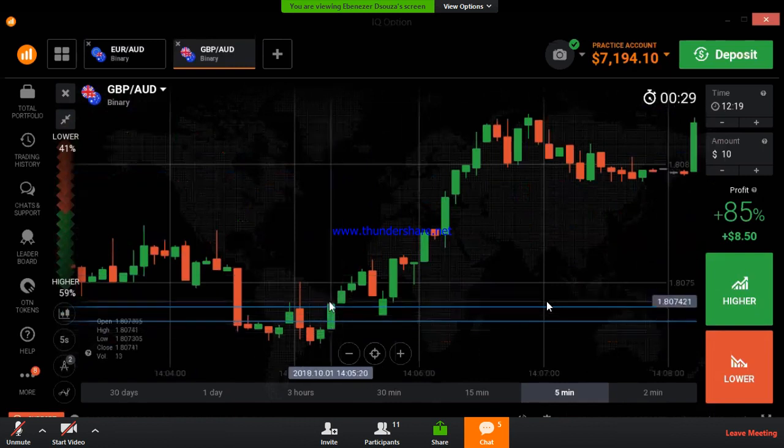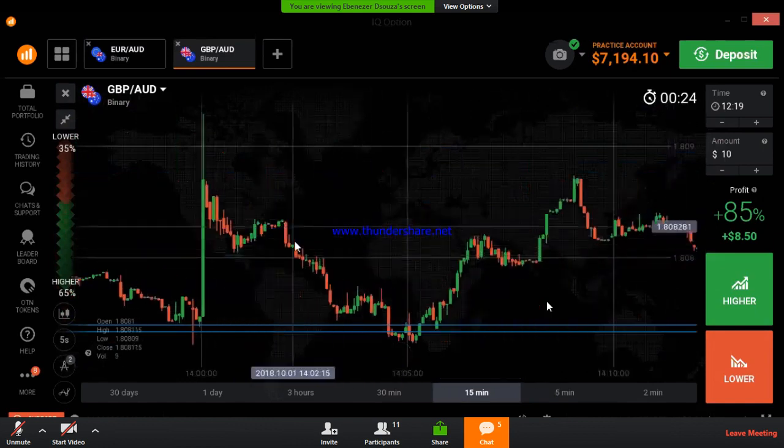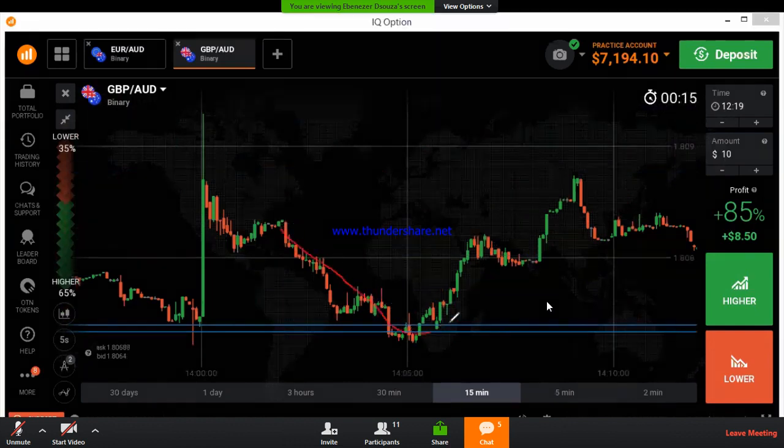You can see the confirmation here, right? You can see the strong confirmation here, and here the market is taking a U-turn. It means this is a strong downtrend. At this area, there is no movement of downtrend. The market is moving flatly here. There is no trend here, and the market is taking a U-turn from this level. This is a strong level.